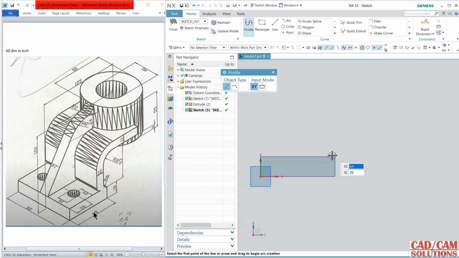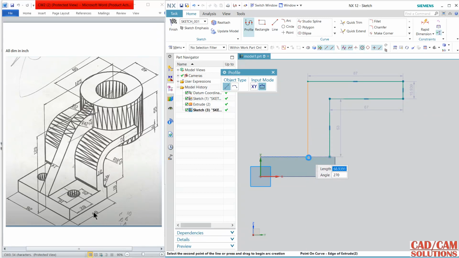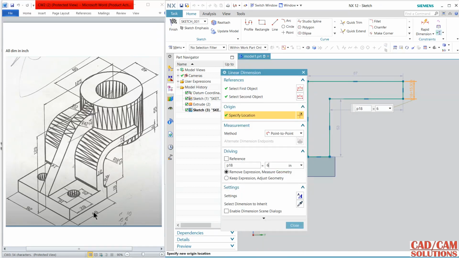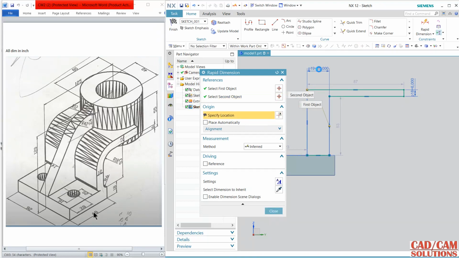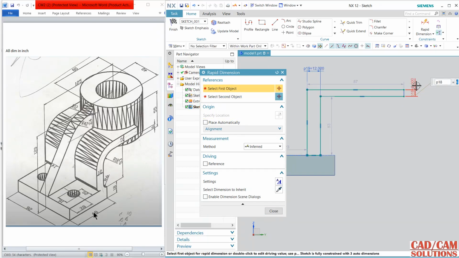and using this profile from this line a little bit up here, a little bit up again here and up to this, and close this. Now dimension it. The thickness is 6 and here it is 12. Sorry, it is also 12. Okay, change it to 12 and 53. This 53